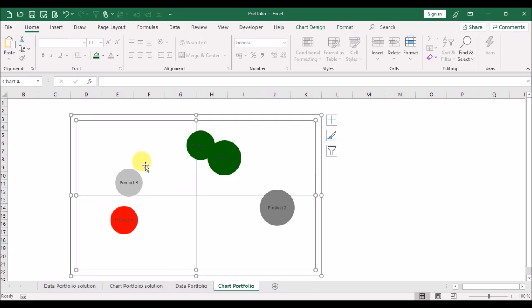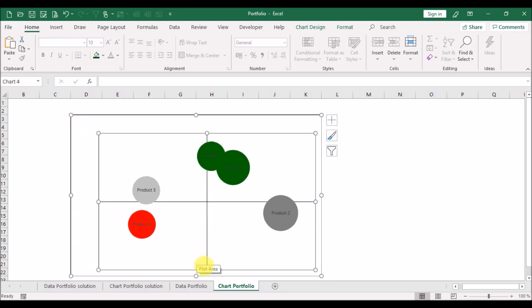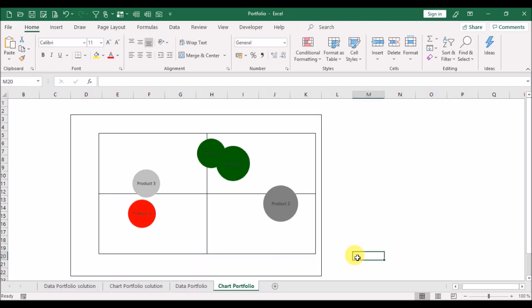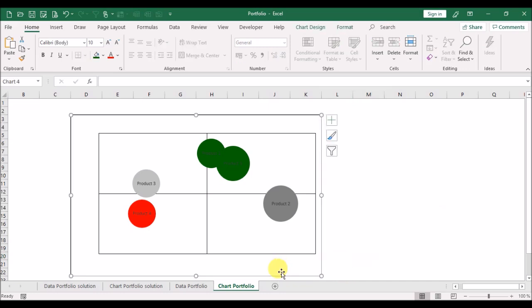Then mark the inside chart, make it a little bit smaller, and then we will work with the arrow keys. So mark a free cell and then go here with the arrow keys to the left, and you don't see the marked cell, so we click on our chart, make a double click,